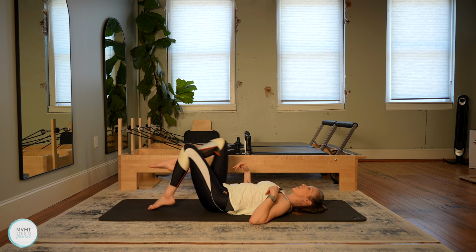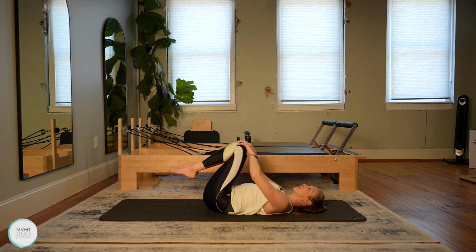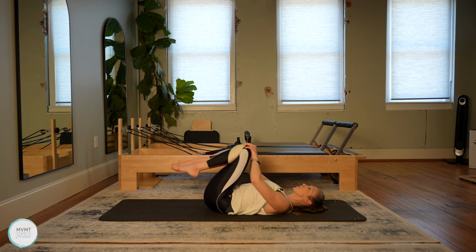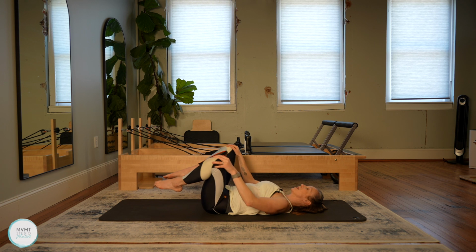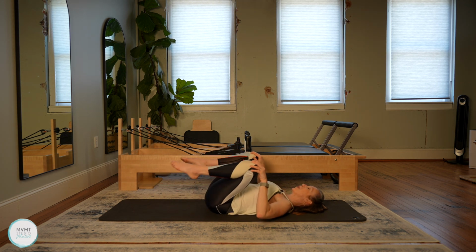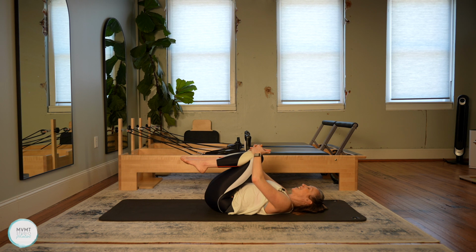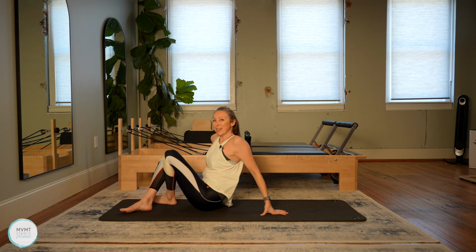Very nice. Go ahead and bring your knees into your chest again. This time do some knee circles, circling the legs in opposite directions. And then go ahead and reverse those circles. So always making sure we stretch and move a little bit, finding some mobility after we find some of that strength work. Such a great balance. All right, so go ahead and rock yourself up to a seated position,